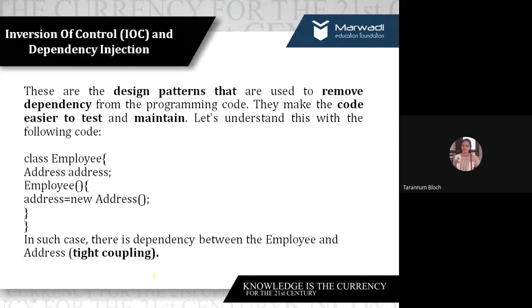Are you clear with what tight coupling is? Tight coupling is not good. Why? Because testing and maintenance will be hard. Because of that, there should be fewer dependencies among the modules. In the next session, we will learn how IOC and DI help us apply loose coupling among the modules. Up till now, we have just defined the problem. Clear? Any technical doubt or query up till now? Any one of you? Then you can raise your query. Those who are online, any doubt, any query?